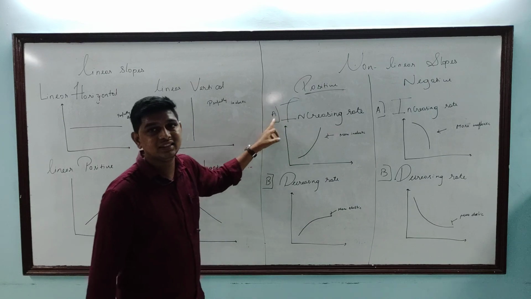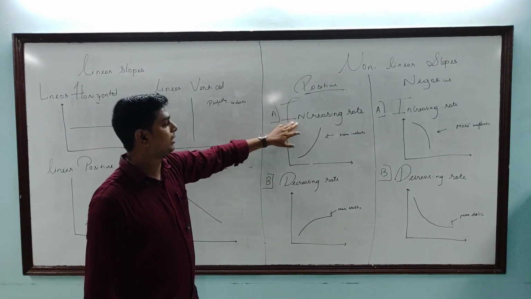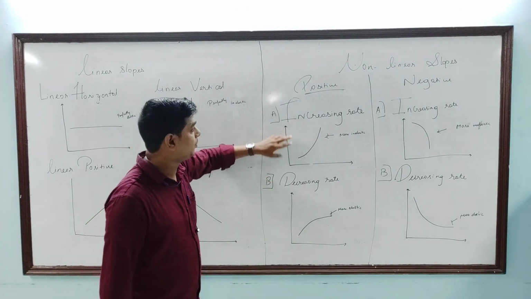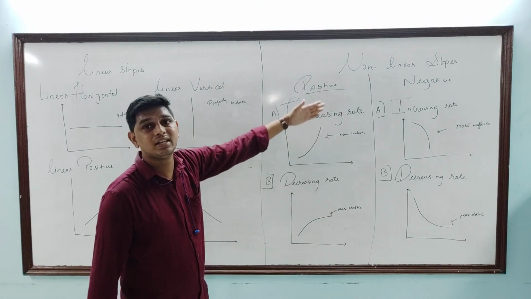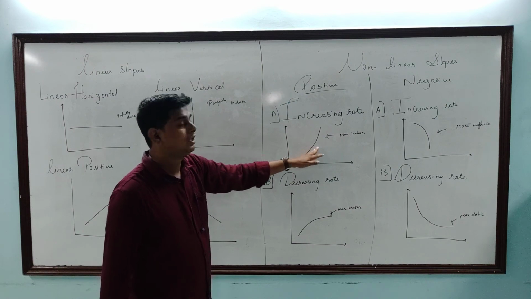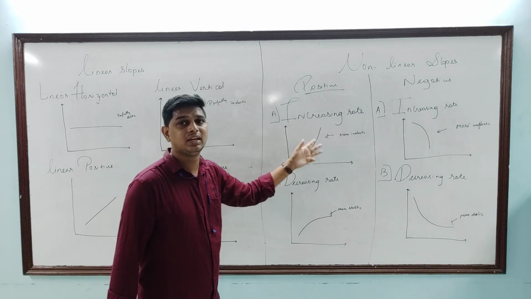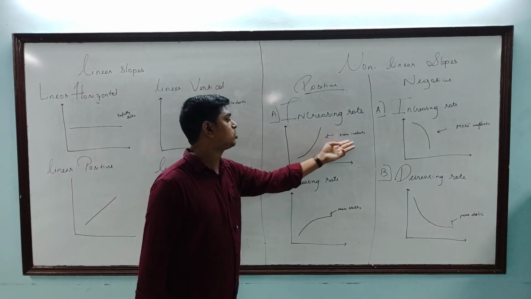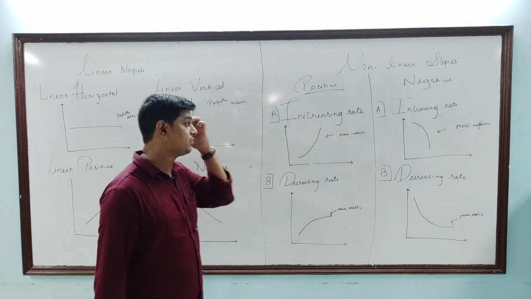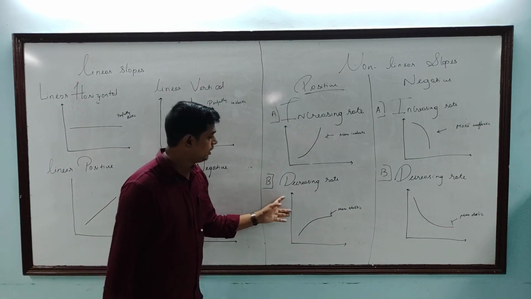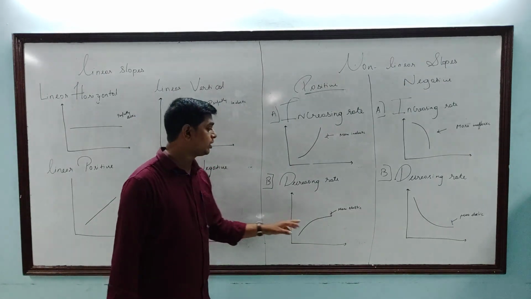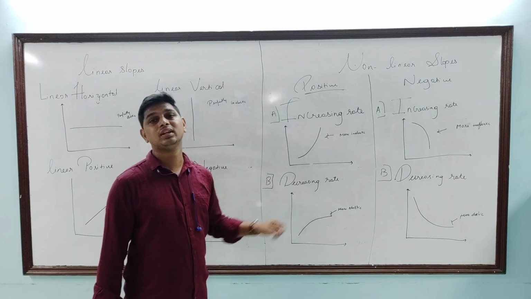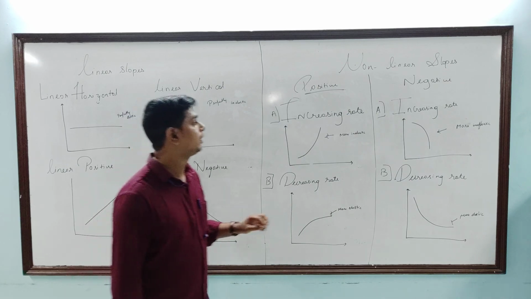Positive can be at an increasing and decreasing rate. If we are talking about an increasing rate, they tend to be a positive curve. So on the positive curve, we can see they are upward rising, but the proportion of x to y variable is greater than 1, so it tends to become more inelastic, and hence we call it an increasing rate. Here, the proportion of x to y variable is less than 1, so they tend to become more elastic, and hence we can call it a decreasing rate.